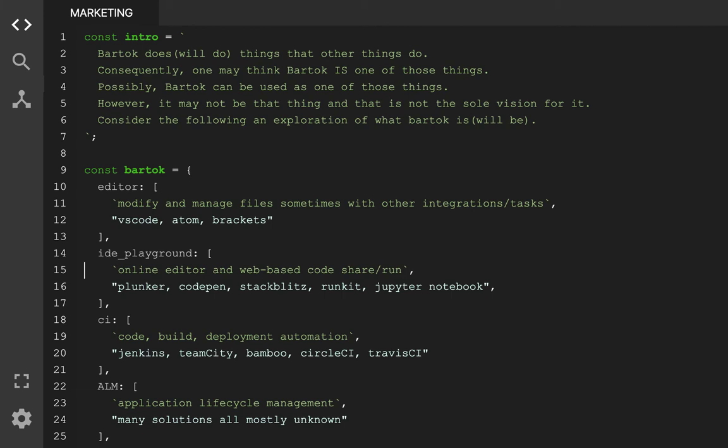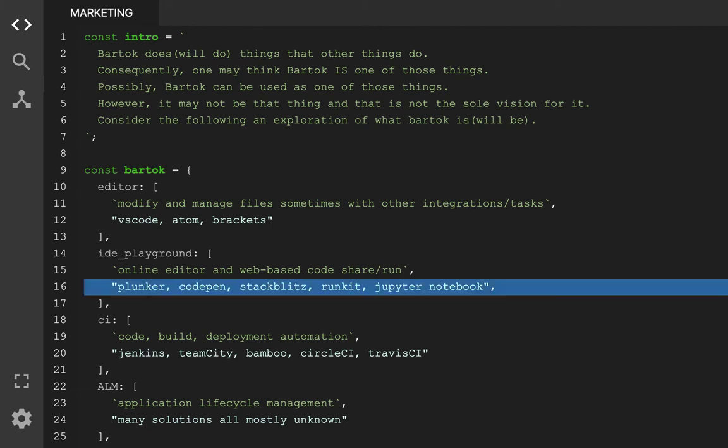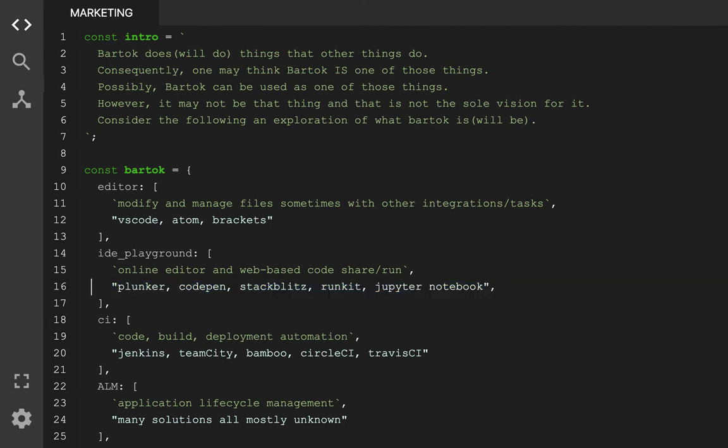Have you ever seen the sites like Plunker, CodePen, JS Fiddle? These sites let you pop code in, run it, and share it with people. The thing is those are mainly front end. There are some exceptions to these kind of sites, and some of those are actually like full solutions. One of those is Jupyter Notebook. I really like what you can do with Jupyter Notebook.